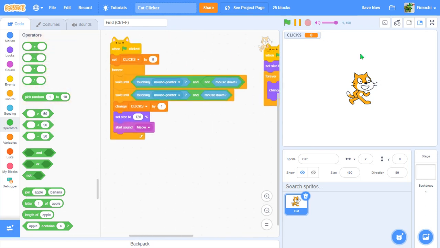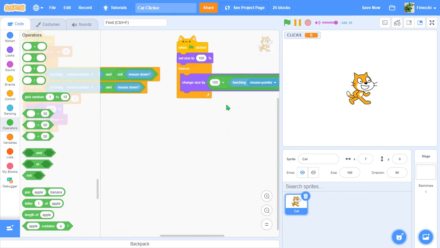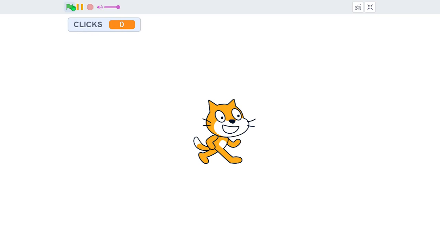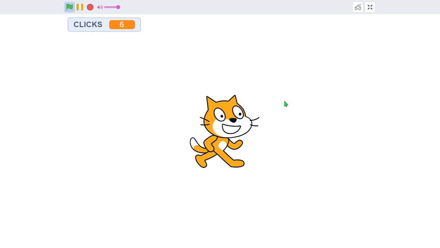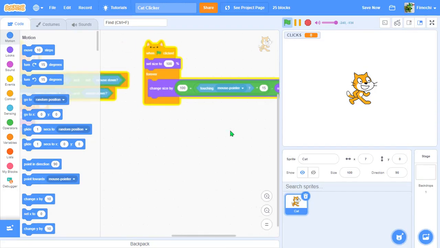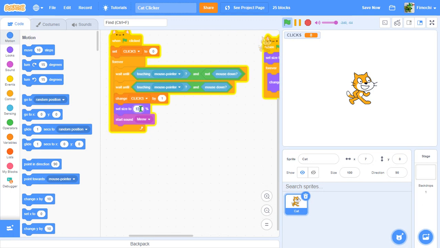That will work. Then the reason I set size to 120 here, I'm going to make it higher, like 130, is because it sets the size to 130, but then this script kicks in and it does all the 100 plus touching mouse pointer and so on. So let's just give this a test quickly, and that's a bit too OP. So I'm just gonna set it something smaller, like 125, and